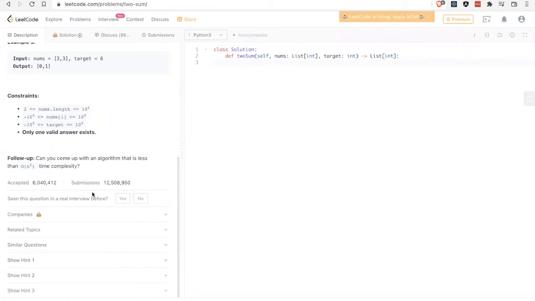Oh, and then also another thing, I'd say when you're ready to solve the problem, time yourself for about 15 minutes. And if you can't solve the problem after that, try to look at hints or look at the discussion tab, where a lot of people offer solutions and explanations of their solution.